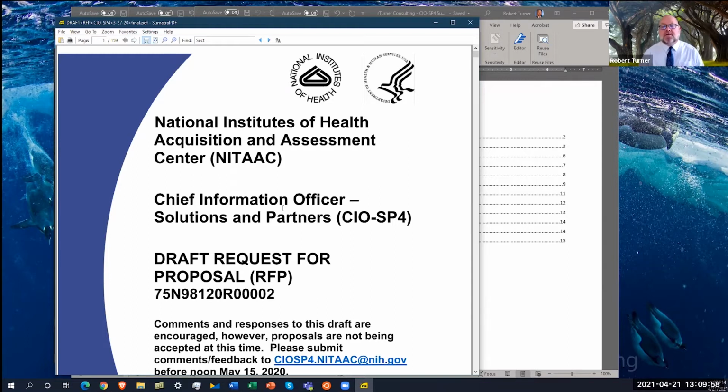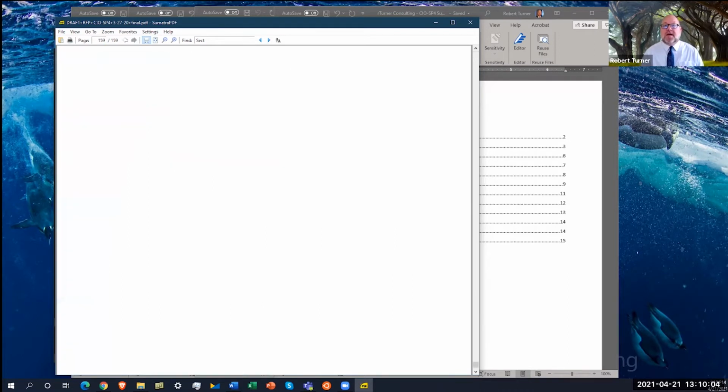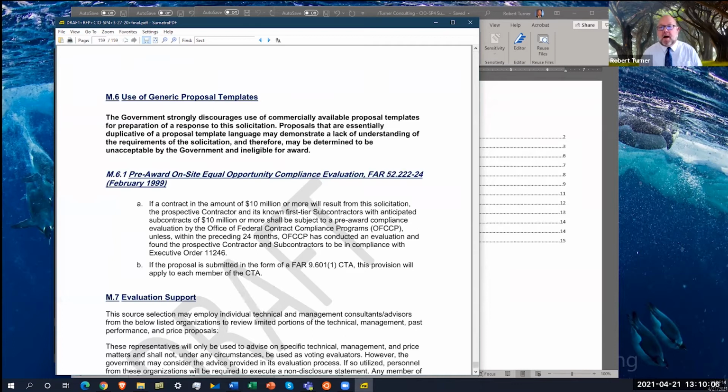So for technical, this is our help for you here. Why did we do this? We did this to help you in your technical proposal development. We're also keeping in mind section M.6 of the draft RFP that discourages the use of commercially available proposal templates. So this is not a pre-written section. This is an accelerator. We've pulled together the information that any firm will need